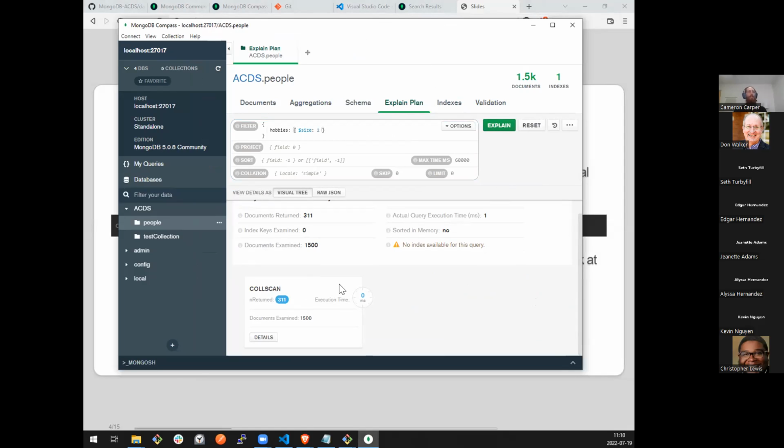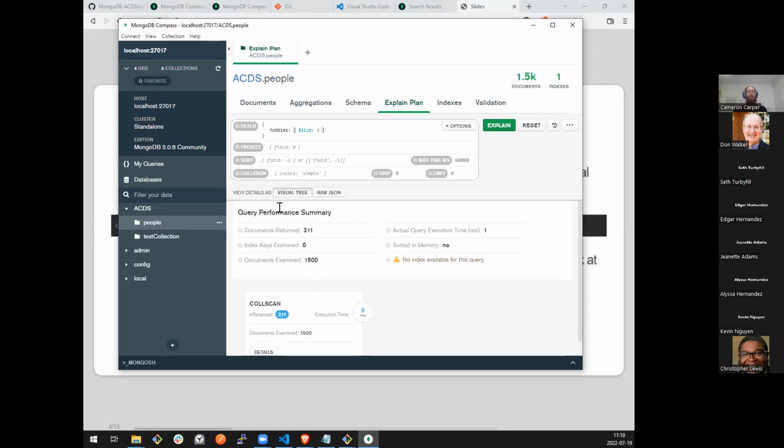This is the least efficient way that you can run a query. If you have a query that you're going to be running a lot, or it's a time-sensitive query, if you run an explain plan on it and you see col scan, you are probably in trouble, and you probably need an index to fix that.